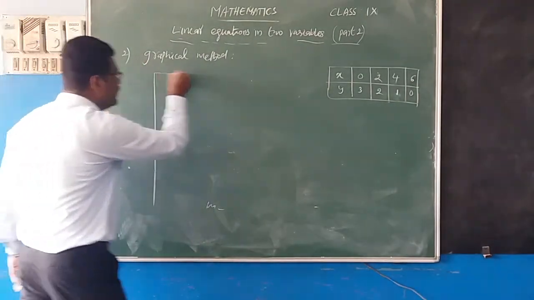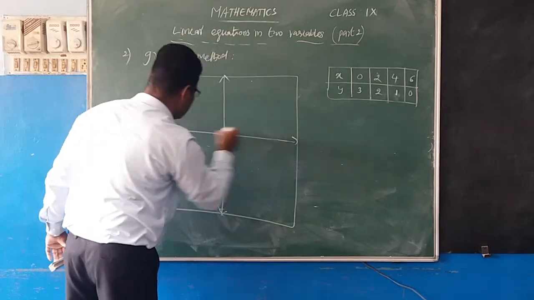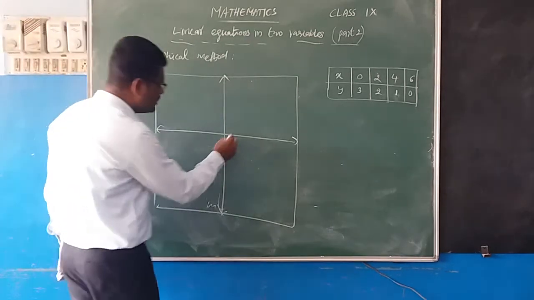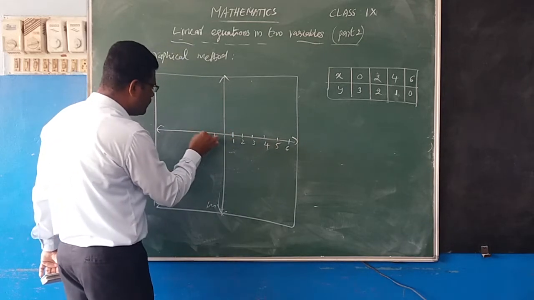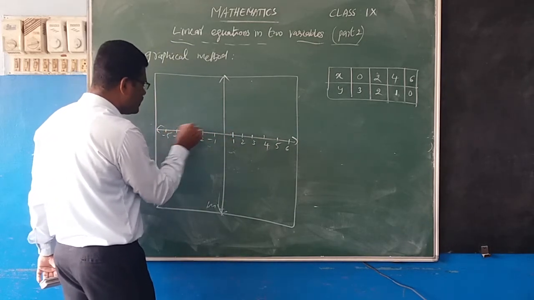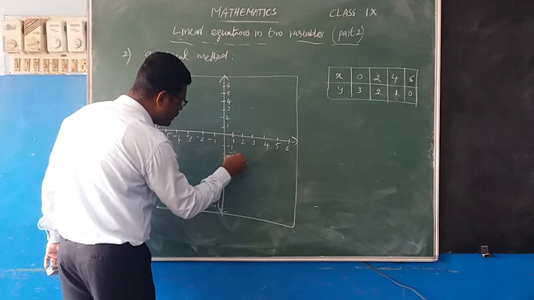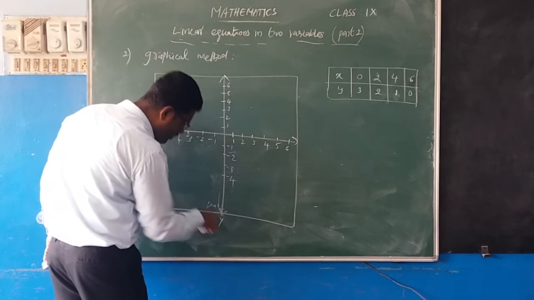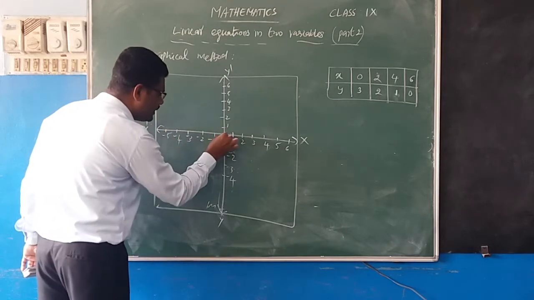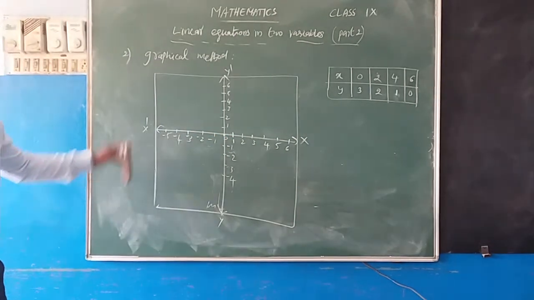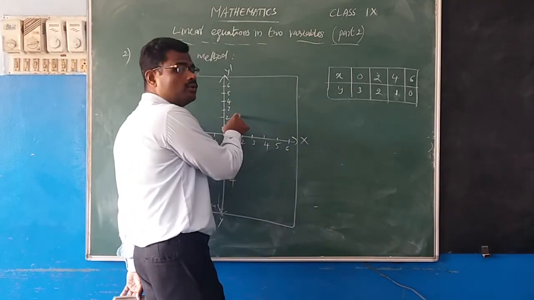Suppose this is a Cartesian plane. It consists of two parts, the x-axis and the y-axis. We agree? So this is 1, 2, 3, 4, 5, 6, minus 1, minus 2, minus 3, minus 4, minus 5, plus 1, plus 2, plus 3, plus 4, plus 5, plus 6, minus 1, minus 2, minus 3, minus 4. This is y, this is y dash, this is x, x dash, where they intersect, that is the origin. Already we have seen in the last chapter how to plot the points. How to locate the points?